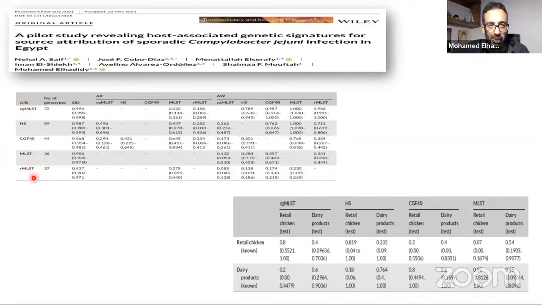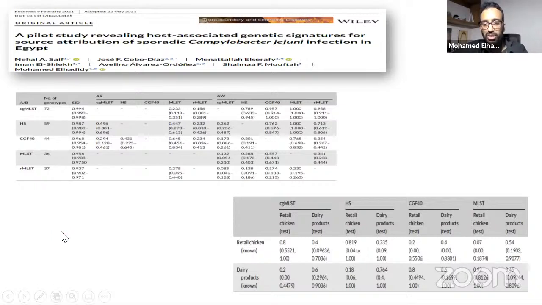So we compared all these typing mechanisms for their discrimination, and we found that the core genome and the host segregation markers are the highly discriminatory typing mechanisms. One is based on genomic signatures, and the other is based on core genome multi-locus sequence typing. These are the gold standards for typing of Campylobacter from different reservoirs, as compared to two decades ago, when multi-locus sequence typing gave a relatively lower resolution. So we now need to shift from the normal one to the core genome or host segregation markers, which can only be revealed by whole genome sequencing.